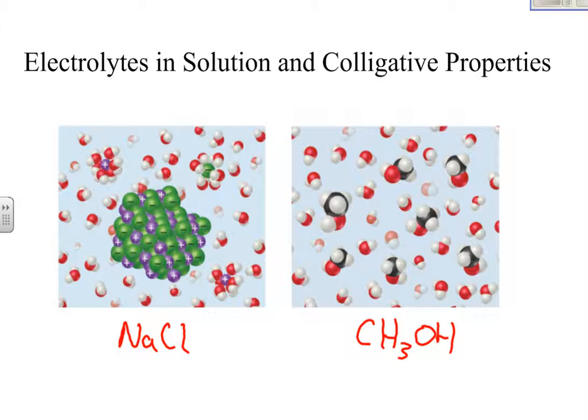The difference is when the methanol gets dissolved into solution, you only get one particle, 1 mole of particles per mole of methanol. However, with sodium chloride, if you put a mole of sodium chloride in, you actually get 2 moles of particles. Right? So you would think that, perhaps, the molality in terms of the ions would be twice as much. However, you also have to consider the fact that when the water molecules surround these things, so if